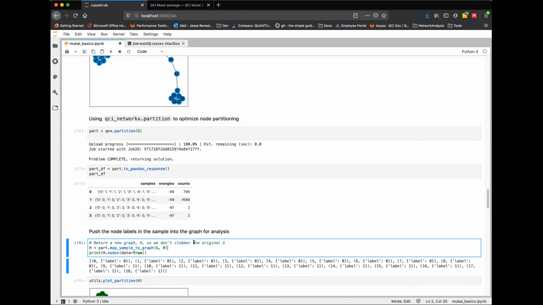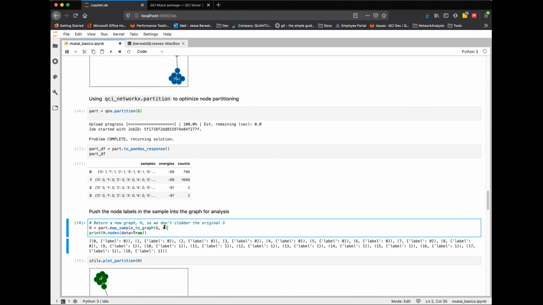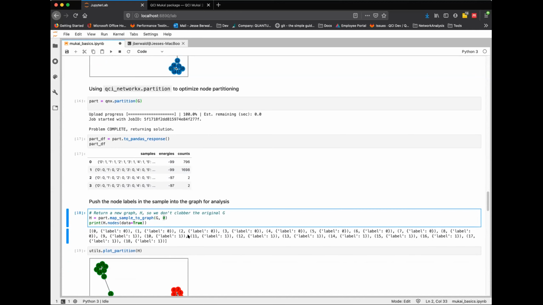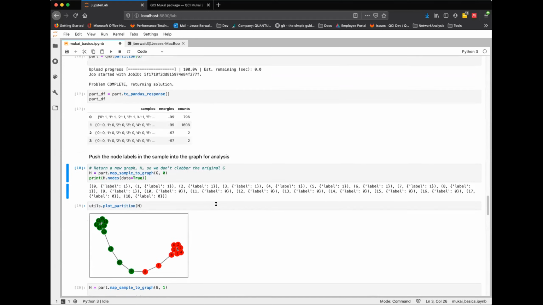And we don't want to modify the original graph, so we map the 0th solution right here to a new graph. We essentially copied the old one and pushed the labels onto the nodes here. If you're familiar with NetworkX graphs, essentially we've said that node 0 has a label of 1, and then at the bottom node 18 has a label of 0. So we've done that.